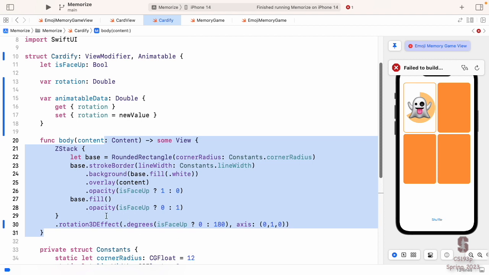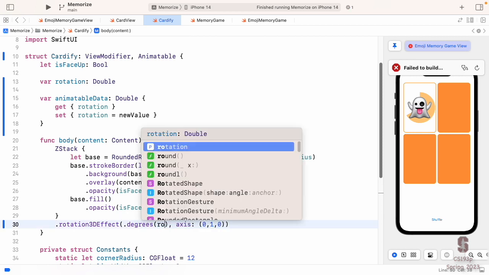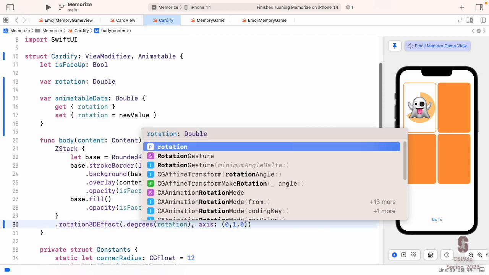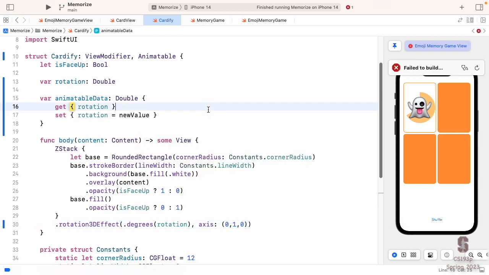So where do we need a rotation? Well, clearly, our rotation3DEffect wants the rotation. We want to pick a 3D effect, which is that rotation. Now, we have to say this is the rotation because as soon as we start providing this animatableData, these animations stop working.